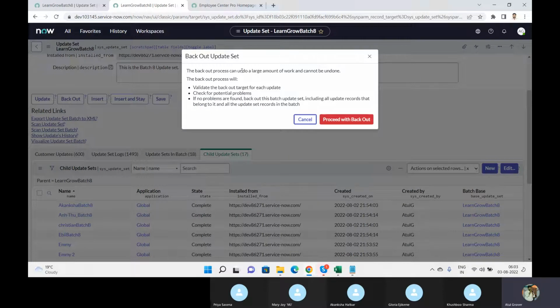If I click on this back out, it says the back out process can undo a large amount of work and cannot be undone. It doesn't mean that you can back out and then update, commit again. You have to do the same thing, preview and commit again. The backout process will validate the back out target for each update set and check for potential problems. If no problem is found, maybe